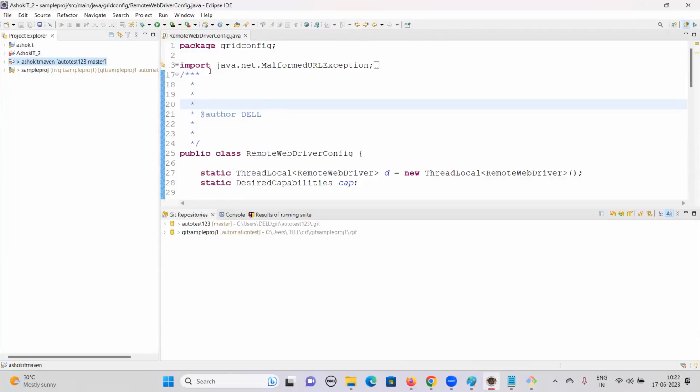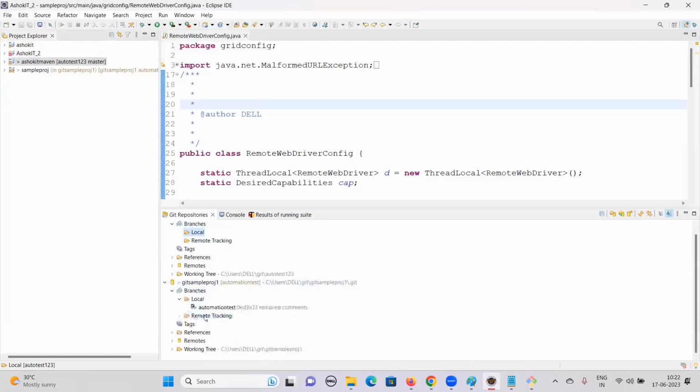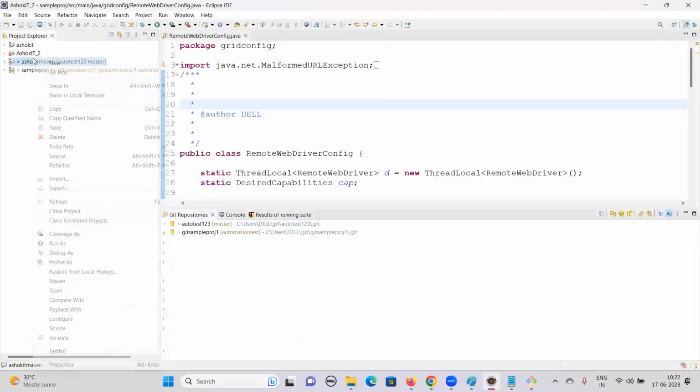But if it shows some errors, then we have to check why it is showing the errors. We should have these branches created here. Okay, so these branches, as you see, we have created, we have the branches here, right? Automation and remote tracking. So these two things are getting tracked. But when I'm pushing it,